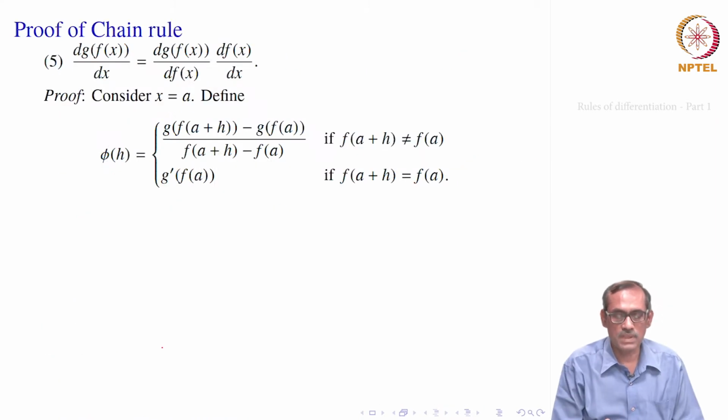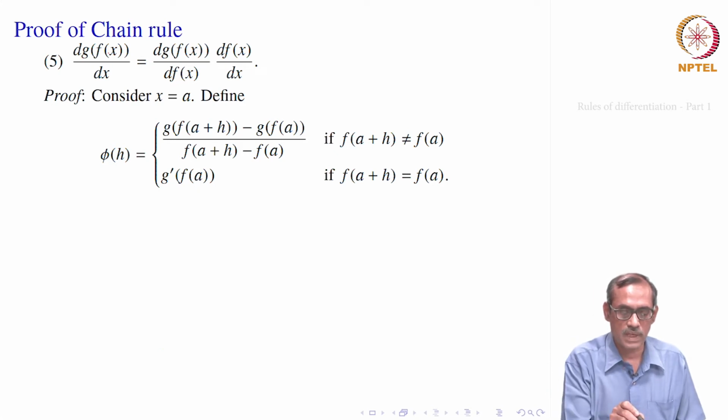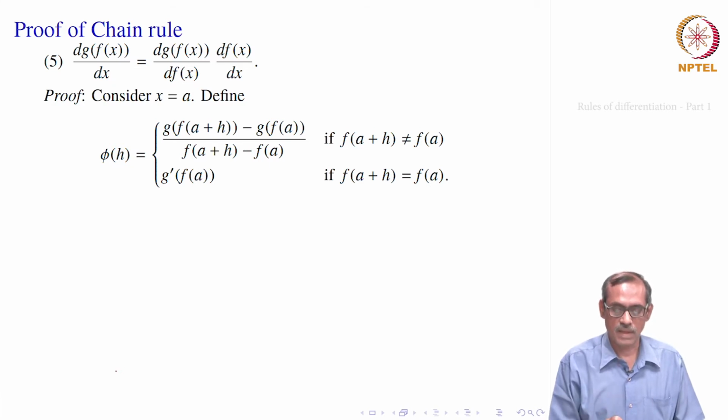Okay. So, for the chain rule, this is the chain rule we want to prove, d of g of f x by dx equal to d of g of f x by d f x into d f x by dx. So, x is any point in the domain. So, let us say x equal to a. At that a, we want to differentiate and see that the formula holds, then it will be true for all the points in the domain, therefore, it is true. So, now fix a point, say x equal to a. At that we want to see that this formula holds.